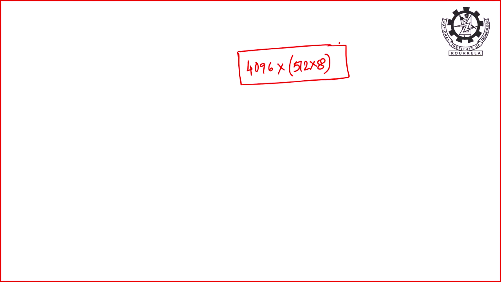So the total number of address lines is 21 for this memory module. From this memory module we have to make 2M into 8. To solve this, we have the address lines A0 to A20. First we will select each row. How many rows does this module have? 4096, that means 12 bits, right? 4096 is 2 to the power 12. So A0 to A11 we pass